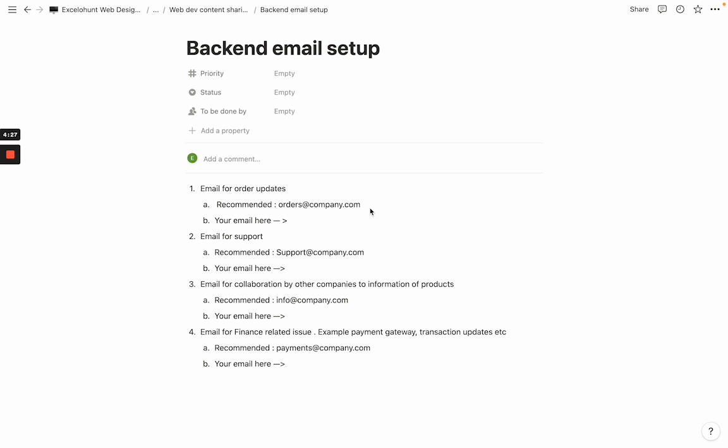Now before that, we need to understand why there are so many types of emails. There are different types of activities in your company, like there might be an order department that receives orders, a support department that receives queries, and another department that gives information about your company. Support and information can be combined into one department, but it is generally not recommended because